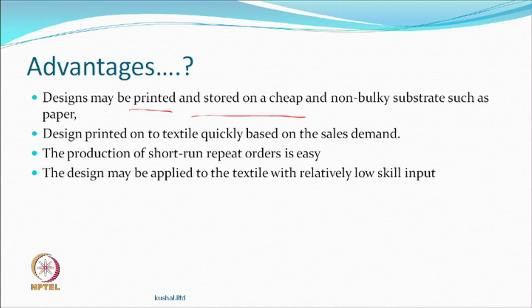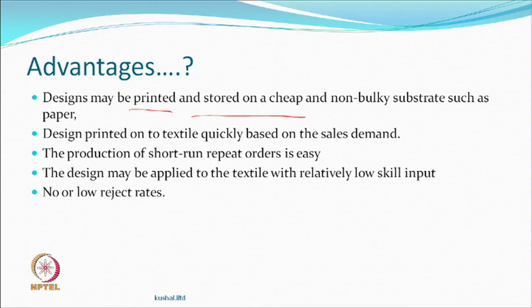In printing, not only the printing head, the department's head, but the people who work on the machine, the people who fix the design, the people who transfer the design, all of them have to be highly skilled. In this case, the skill part has been taken care of somewhere else. The textile person only has to have a simple machine of transfer, and so skill level could be very low. That means, anybody can theoretically open a textile printing section, get the design paper from somewhere else, which may be a paper printing system, and bring it in and start transferring.